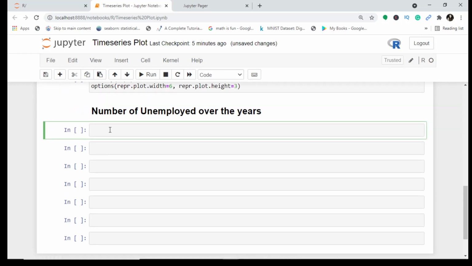I would plot it like ggplot, and then take my data, that is df, and then set the aesthetics. This is the second layer, and now I will set the x-axis and y-axis. On the x-axis let us set the date, and on the y-axis let us set unemployed. I think this is unemploy. And how do I want it to be represented? I want it in the form of a line.